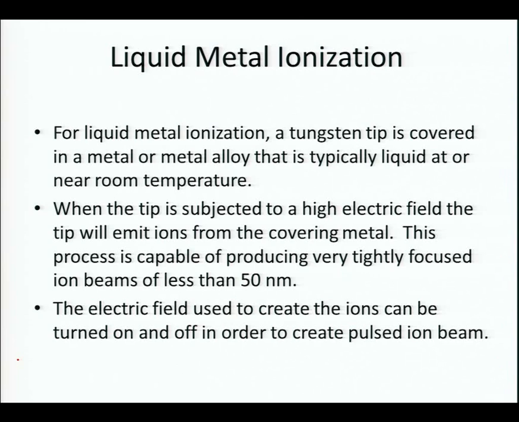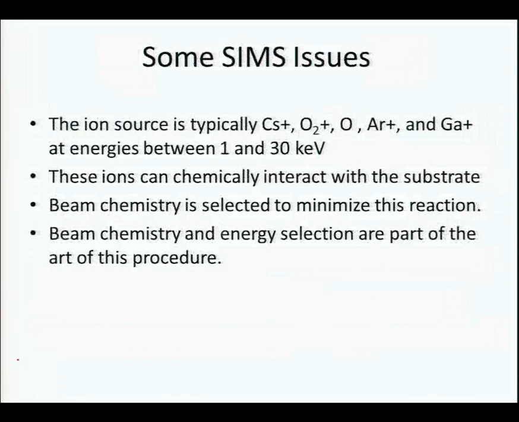When a tip is subjected to high electric field, the tip will emit ions from the covering metal. This process is capable of producing very tightly focused ion beams of less than 50 nanometers. The electric field used to create ions can be turned on and off in order to create pulsed ion beams. So some issues with SIMS, as we discussed before, the ion source is cesium or oxygen, argon, gallium at